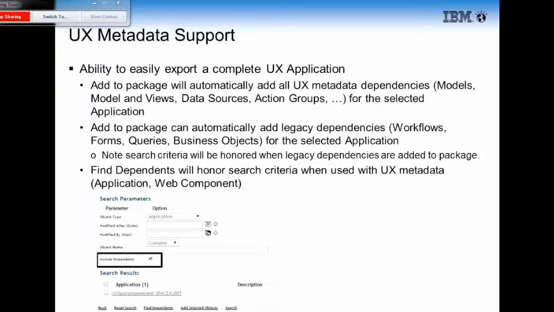For export, we have added the ability to export a complete package. You don't have to pick and choose everything. You can go to the object finder and select an application that you want to export. If you add that application to the package, the OM code will automatically add all the UX metadata dependencies. So the model and views, the data sources, action groups, and so on, will automatically be added to the package. You can also automatically add all the legacy dependencies. So for instance, the workflows and forms and queries that are used by your data sources. All you need to do is select the include dependencies